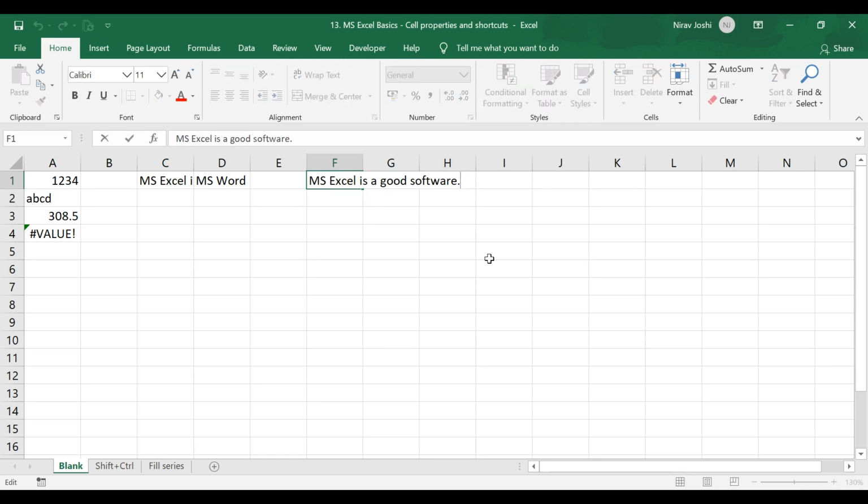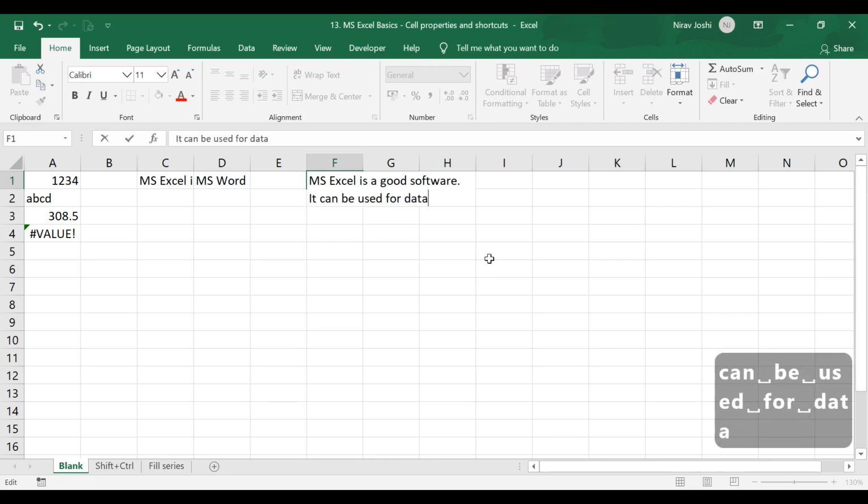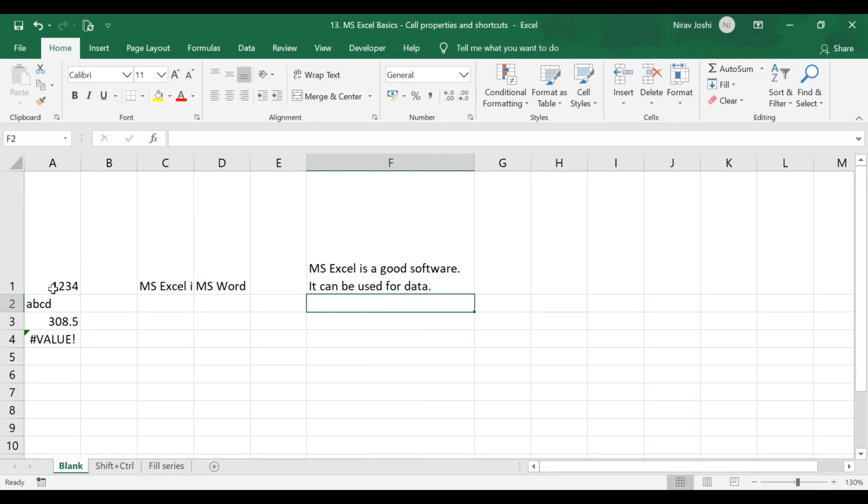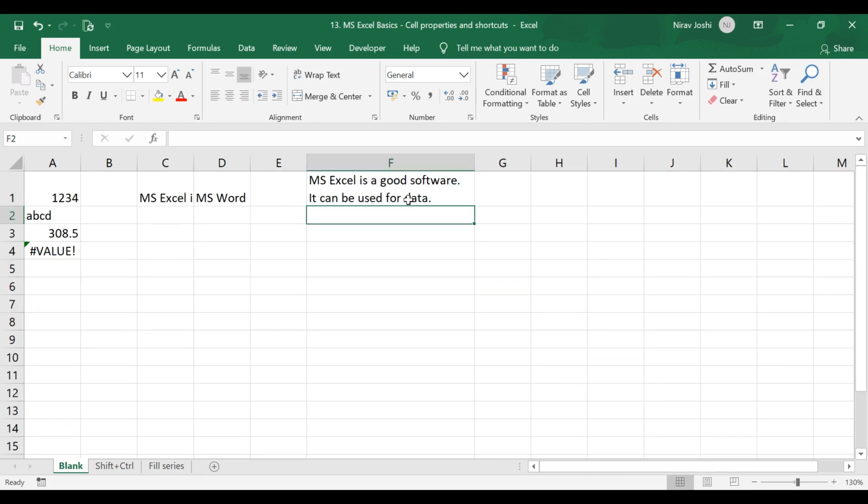For that purpose, I need to press Alt Enter. So here the cursor would enter as a fresh sentence, and I can add another line. So it would be easier to manage and visualize that data as a fresh sentence in that specific active cell.